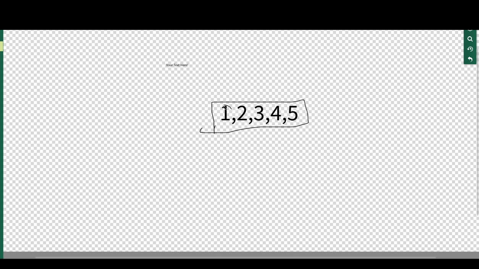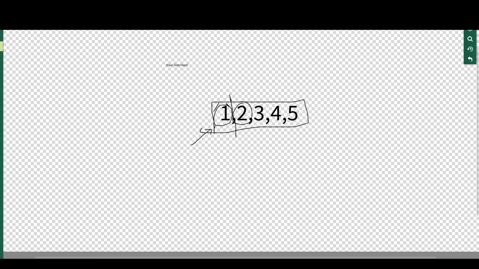First we are taking 1 and 2: this is A of I, and this is A of I plus 1. First we take this as an index. Once this is completed, we can draw a line here.